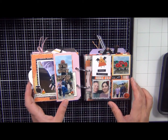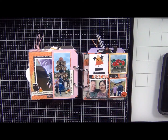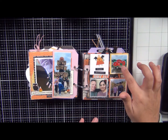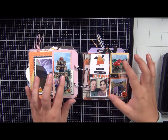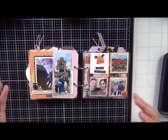Then on day 10, my family and I went to this farm to do a pumpkin patch and corn maze. It was all in the same location, and we went to have dinner first, and then we did the corn maze, and they had so many fun activities to do. You guys will see that because I'm actually going to be doing scrapbook pages about this. So this is just a small graph. I have many other pictures, and I think those will be better suited for a 12 by 12 layout with the big 12 by 12 pocket pages. So this is just a small